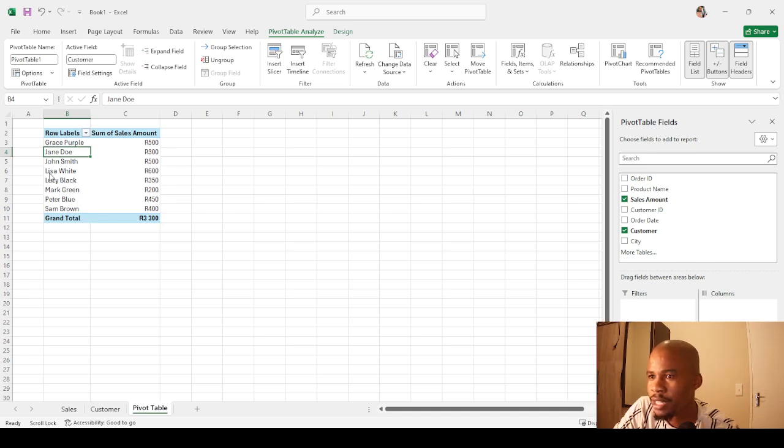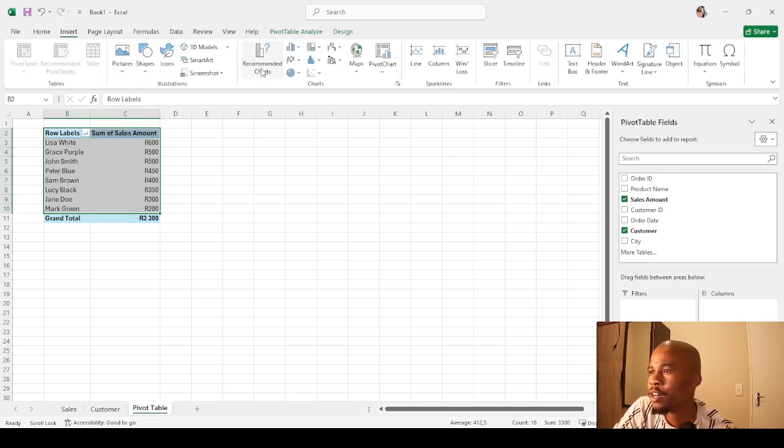So we'll say more sort options, because if we say Z to A, it's only gonna sort the figures on column B, but we want to sort by the sales amount, so we're gonna say more sort options, and then we say sort by sum of sales amount, descending, and then we press OK. Then we know now the amount, it's 600 rand, we know it's Lisa, and then we highlight this option, then we go to insert, then we say recommended charts,